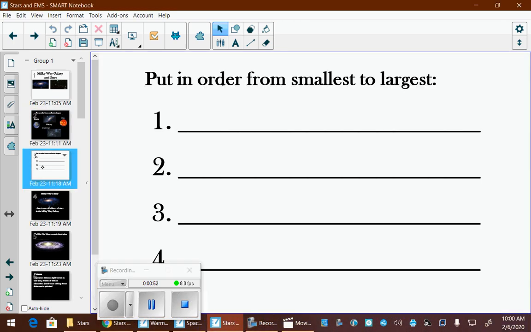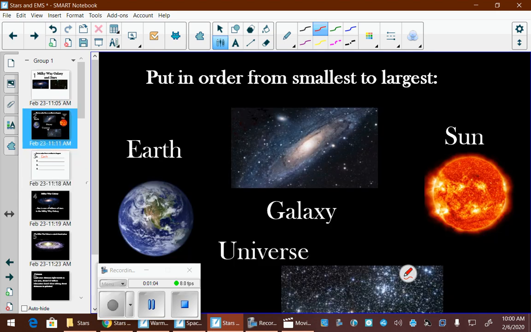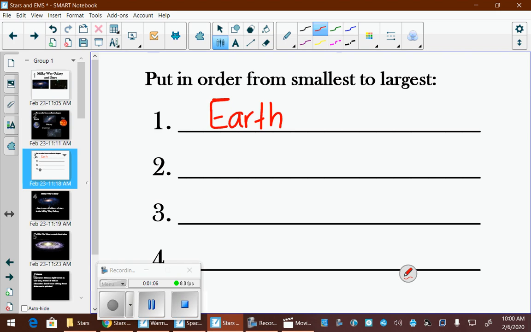Okay. So the smallest thing that we have on the list is Earth. Planets are smaller than many other things in the solar system, or in any solar system, although they are not necessarily the smallest things in space. There are many things that are smaller. After the Earth, the next smallest thing here would be the sun, which is actually quite large. The sun, stars. The sun is a star, and so it would be